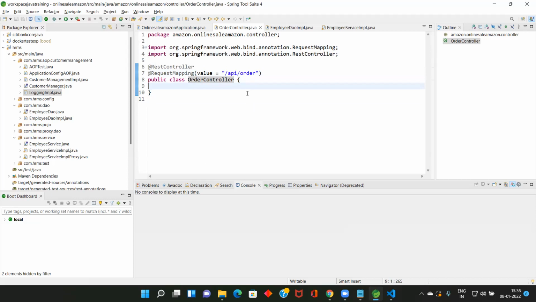Okay, if you have come up to here, I want to type "welcome to Amazon". I'm going to write a method, getOrder. I'm creating a method with a meaningful name, so I'm giving it as order. What is the return type? String. Then we should write a return, right?